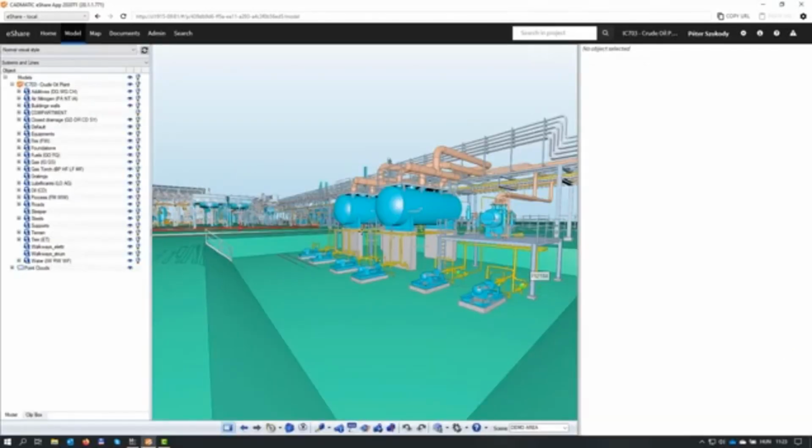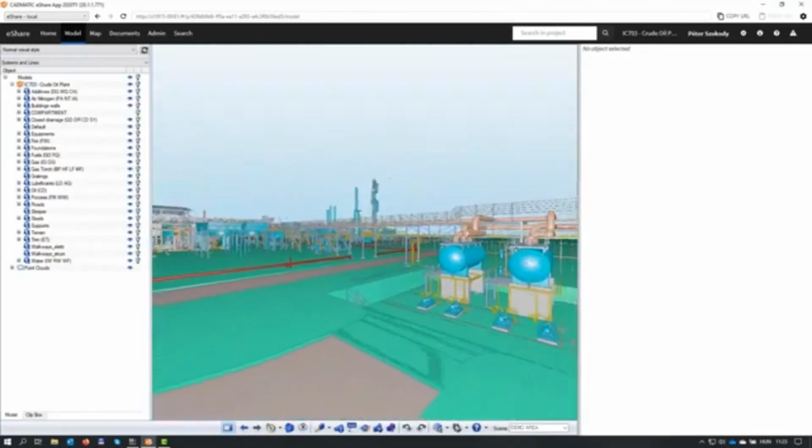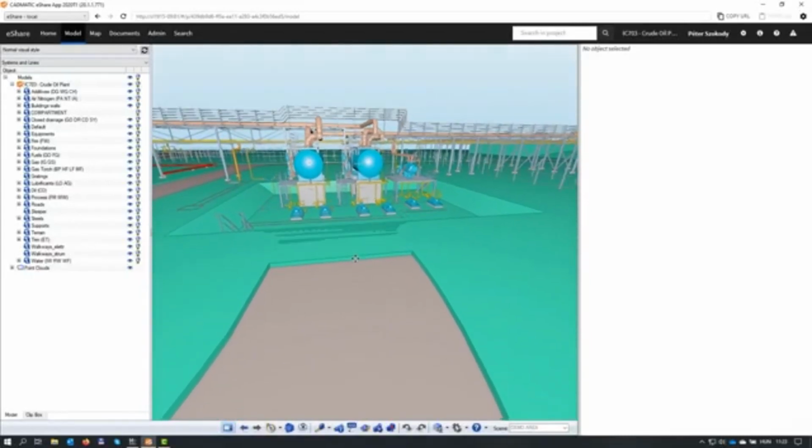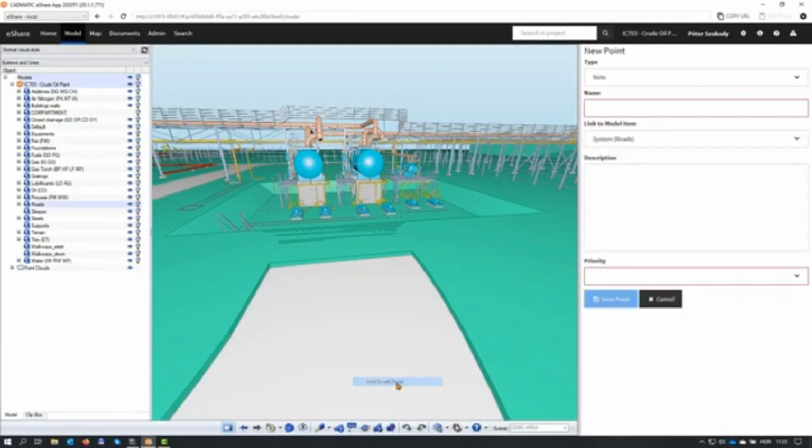In eShare, the user can add smart points to the 3D model. Smart points are intelligent points that can carry different types of detailed information. Information can come from manual input or from another third-party external data source. For example, a project manager can add a smart point like a note with an ID